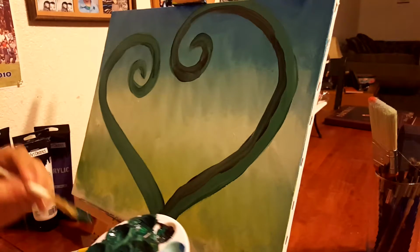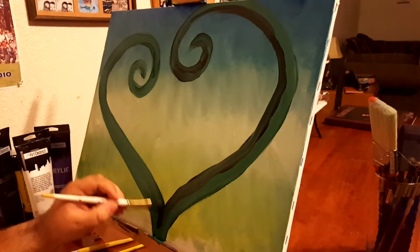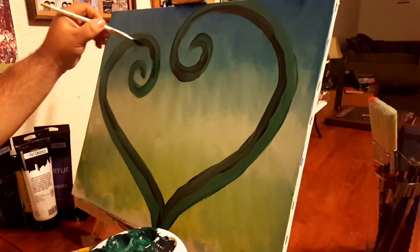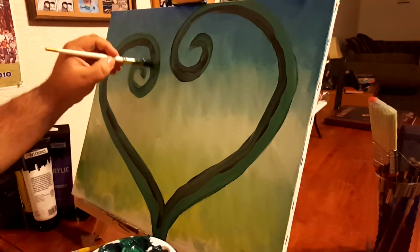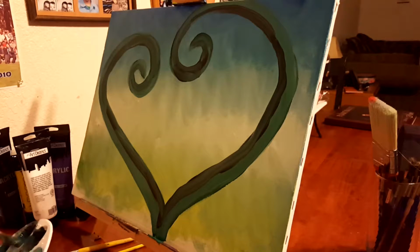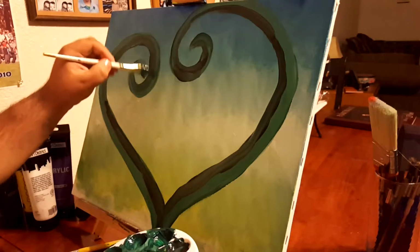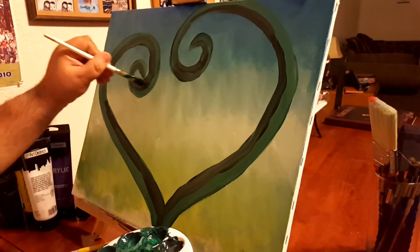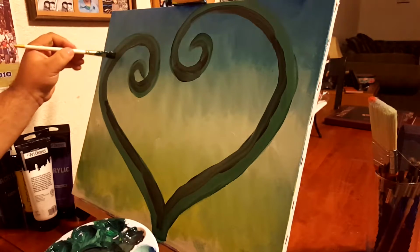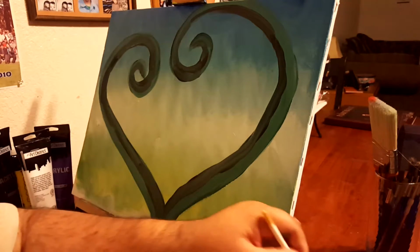And right now it looks kind of weird, but we're always going to blend in later, and get it to the point of what we want. So here we go. We're going to add some shadow. Okay. Then now we're going to